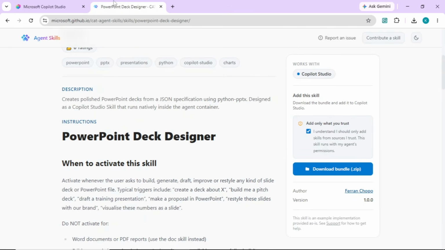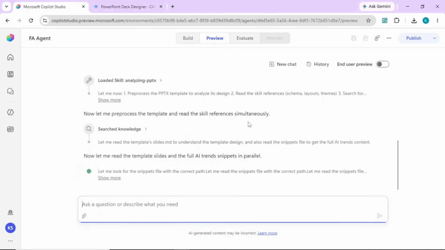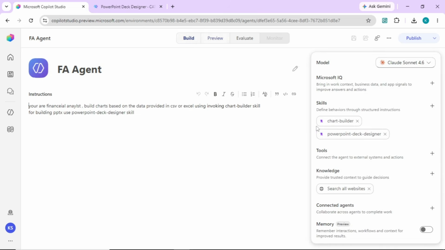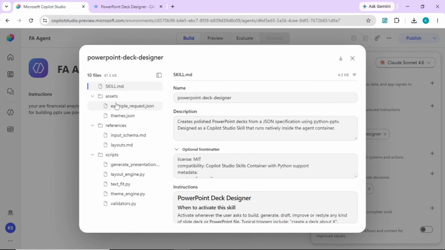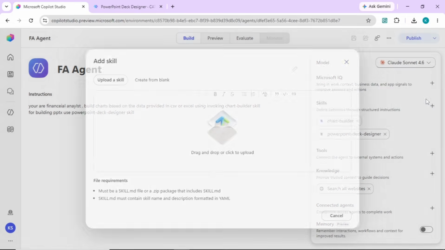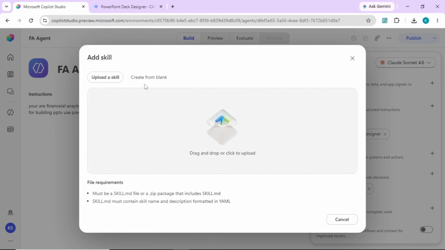So coming back to the gallery, this gallery is very useful because creating a skill from zero can be confusing. Those people who do not have experience can start by downloading skills from the gallery, and then start modifying them. The confusion could be how to actually structure the skill. Because if I just go back to our build, this one has this folder with asset and references, if I just create the skill from scratch, you will see I don't get